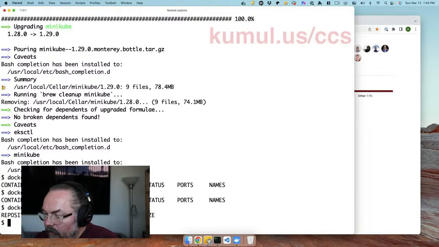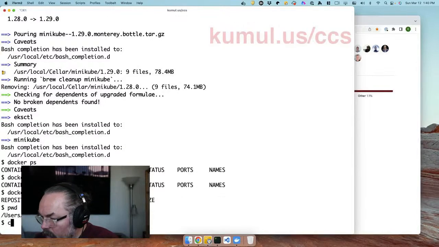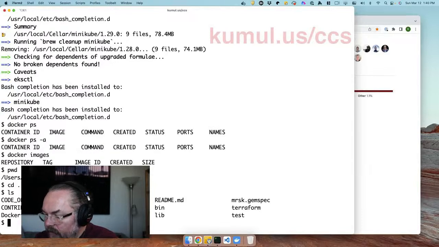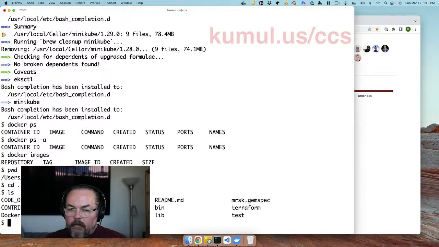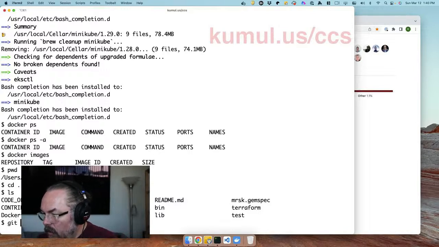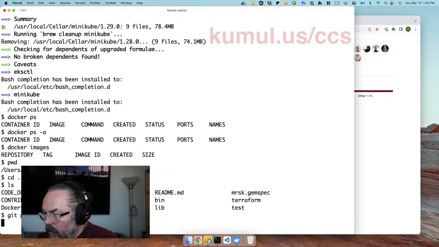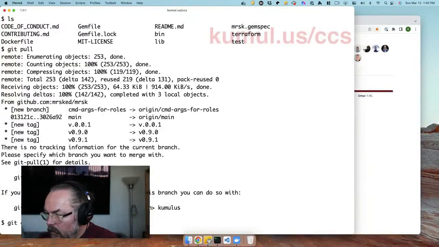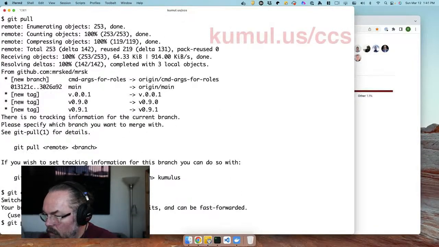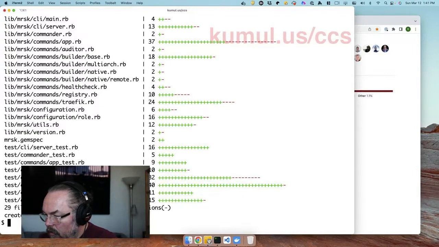What I do have though is, let's see, where am I? I do have a MRSK environment. And so MRSK has, you can see here, a Gemfile and a lock. So there's a gem environment that is current to this build of MRSK. Actually, I guess we could do a git pull and make sure that we have, check out main. Okay, so there's been an update since the last time I even downloaded this. We want to check out our Cumulus